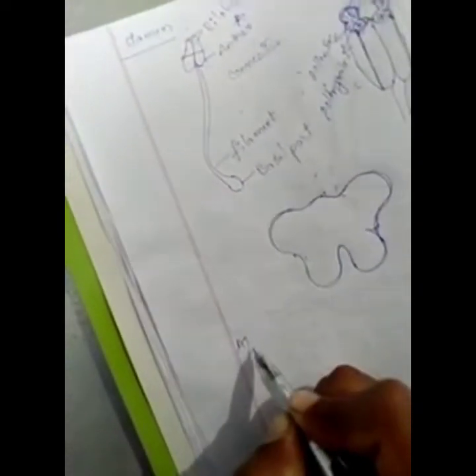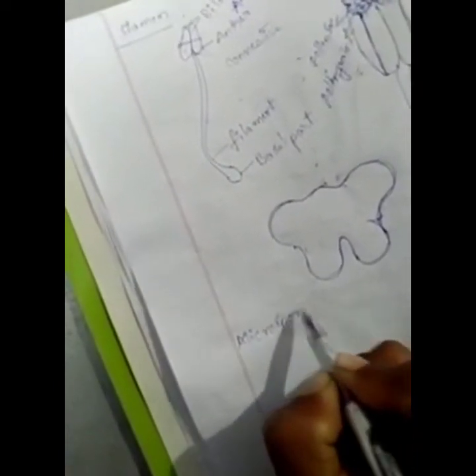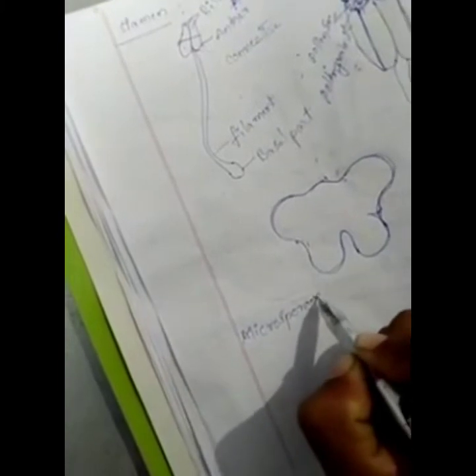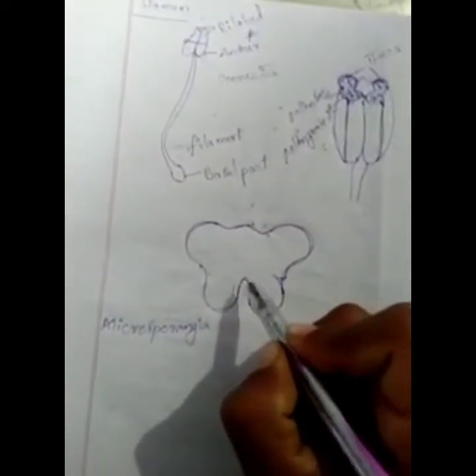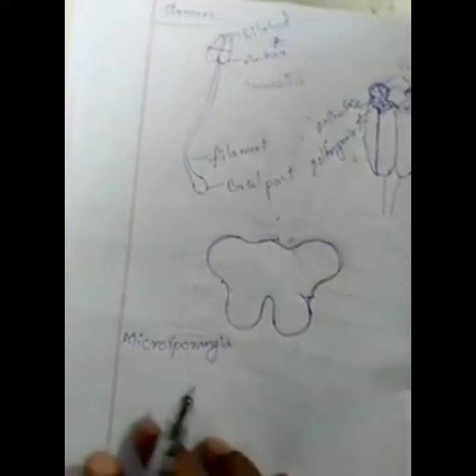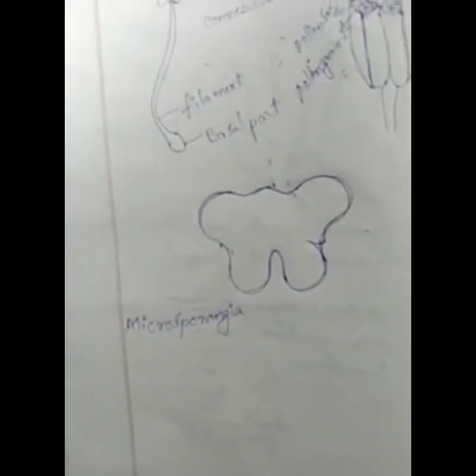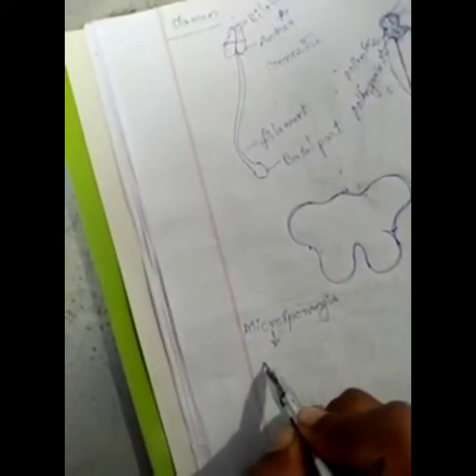You have to observe the structure of the microsporangium. In a young anther, which is composed of 4 different layers, those we call the epidermis,